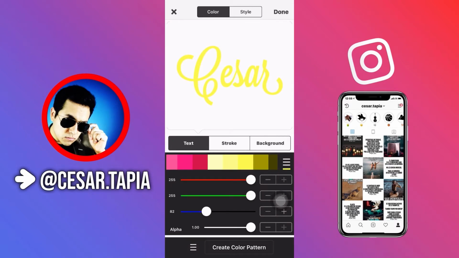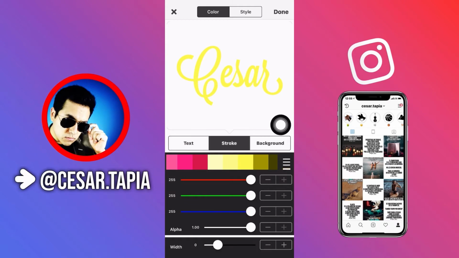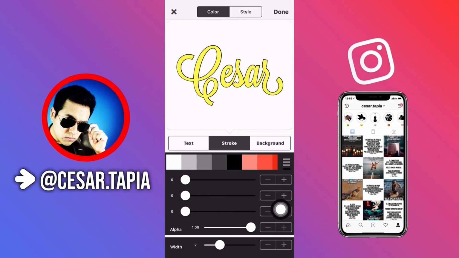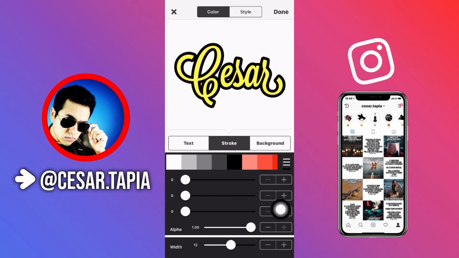It's going to be yellow, and then you're going to go to stroke. Once you're there, you're going to select a color. In this case, I'm just going to tap on black so you see the outline better. Once you have the color, you're going to tap on this two and this plus sign right here on the bottom, and you're going to increase